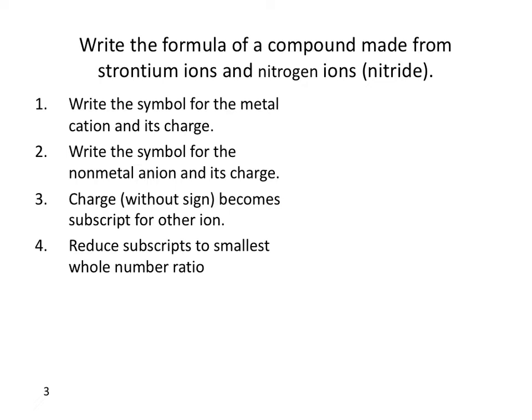So strontium is an alkaline earth metal, so it's in the second column, so it has a +2 charge. Nitrogen is in one column left of oxygen, so nitrogen needs to move over 3 places to get to the noble gases, so nitrogen has a -3 charge. And so the way the swapping works is the superscript, or the charge on one ion, becomes the subscript on the other one, and vice versa. And so we end up with Sr3N2